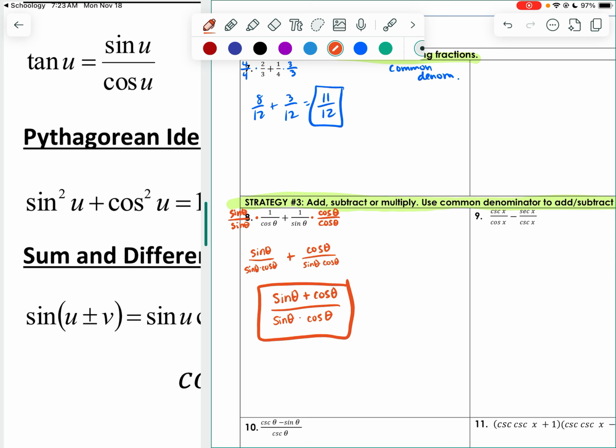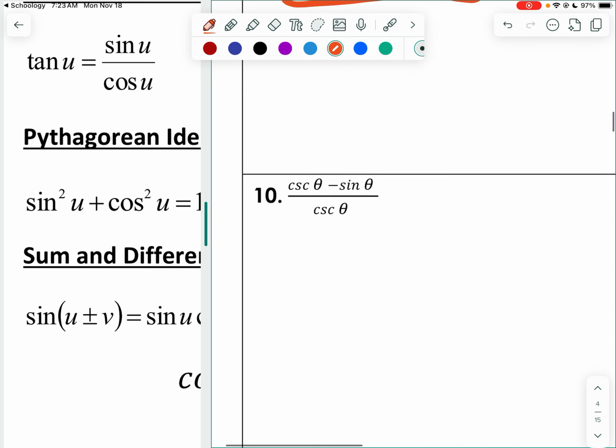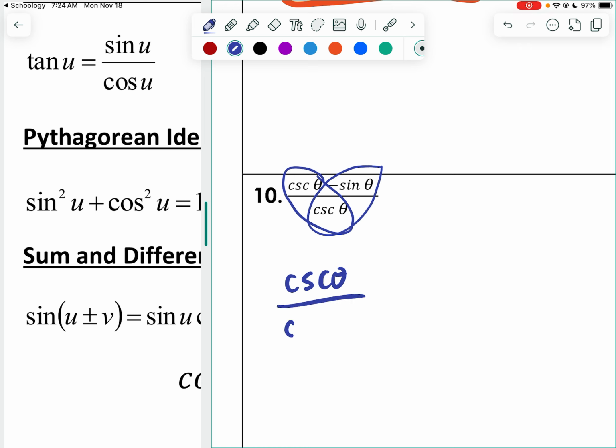I'm going to skip 9 just for time's sake. Let's go over to 10. Okay, 10 is one where this is already a fraction. I could break this down to sines and cosines if I wanted to. I could totally do that. If you do that, you're going to have some fractions within fractions, which is fine. But here's another thing you can do. I can split this up into two things. So this would be cosecant over cosecant,